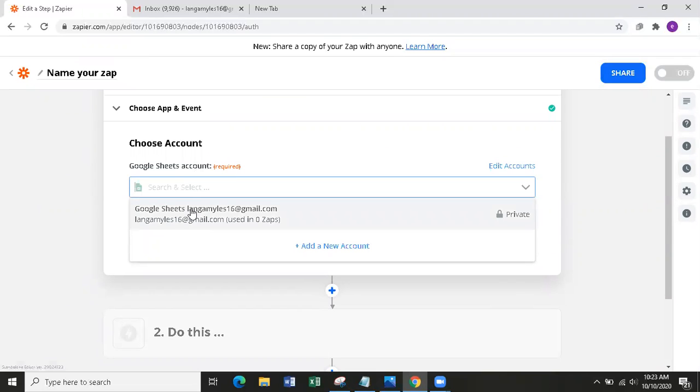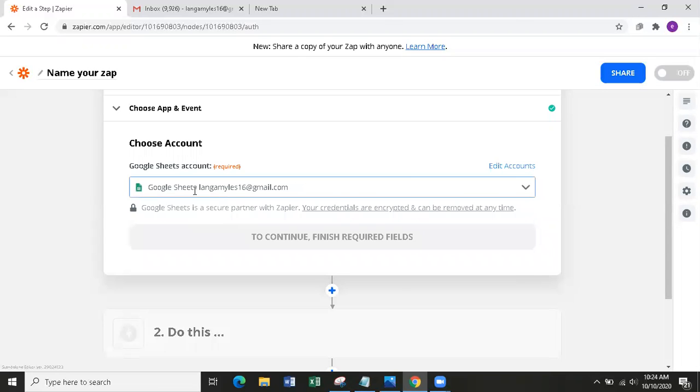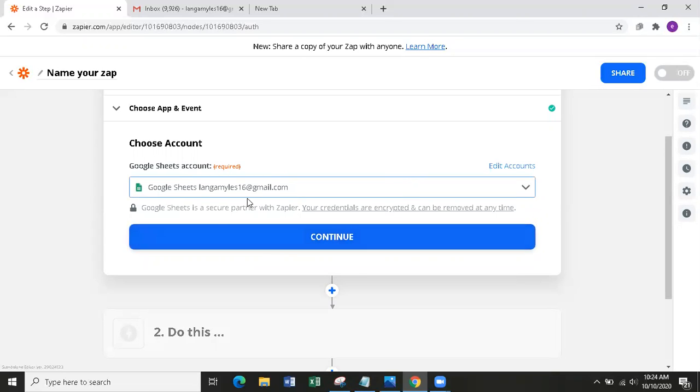after that, you will be asked to link with your email. If it's your first time, you just link it with your email. Since this account is linked with my email, it automatically has access to my account.